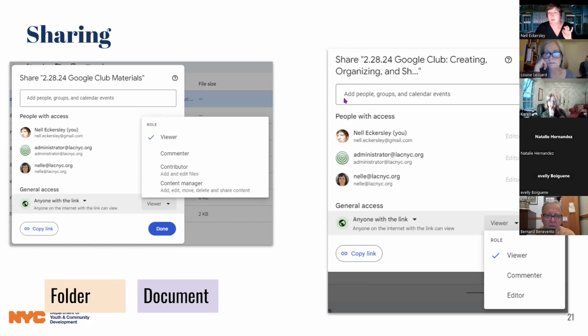Another thing to know about adding people up here is you want to make sure that whatever email address you use here is whatever their Google account is. And that's another reason why I tend not to use it unless I know who I'm sharing with very well and I have their Google account. Because if you've ever gotten that thing where you get a link and you try to open it and it says you need access and then you have to ask for access and then they have to give it to you, that's to do with this, right? They've invited you, but as something else. And when you try to access it using a different account, it doesn't know who you are. So again, really with colleagues, this is very easy.